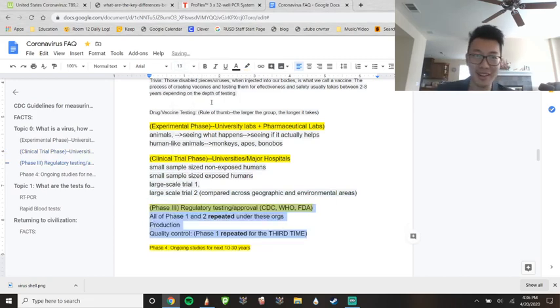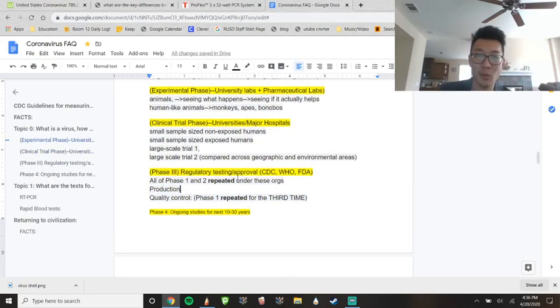They just keep getting harder. All of phase one and two, they get repeated under these organizations: the CDC, Center for Disease Control, WHO, World Health Organization, and FDA, which is the Federal Drug and Agriculture Administration. You have to do all of this again, but under these organizations. Then once it passes, then will they finally do production of these